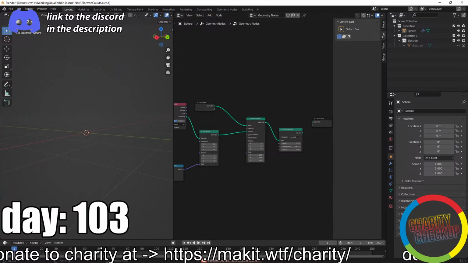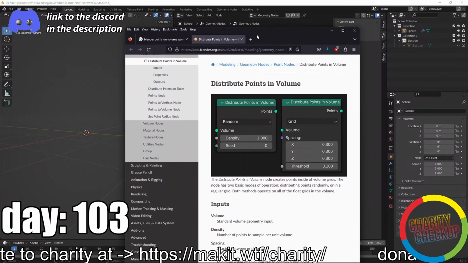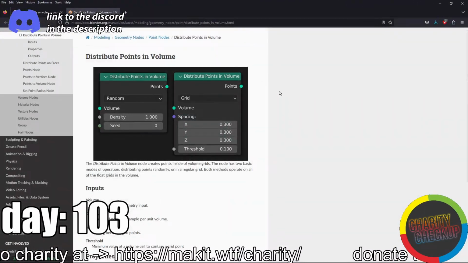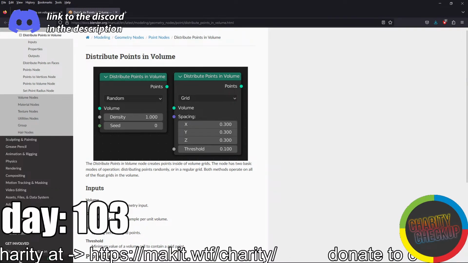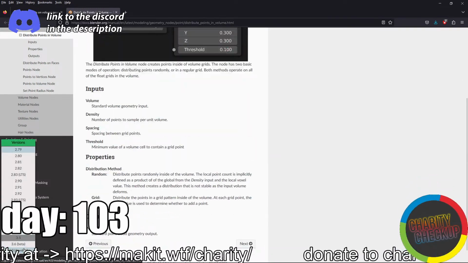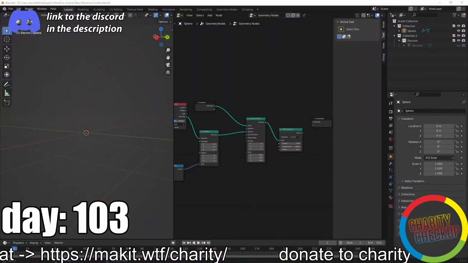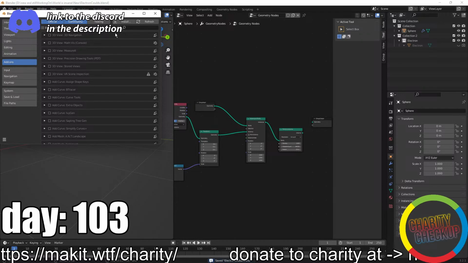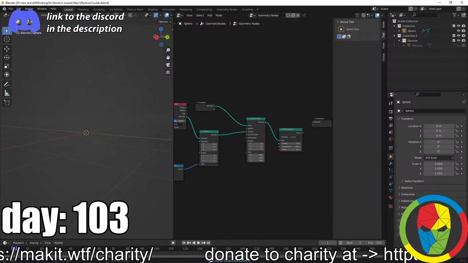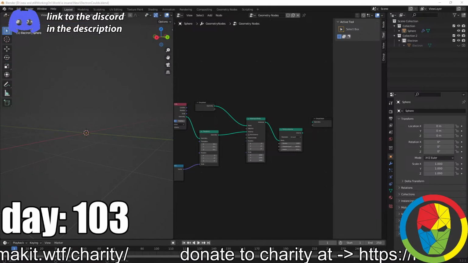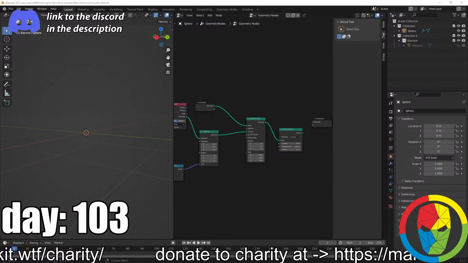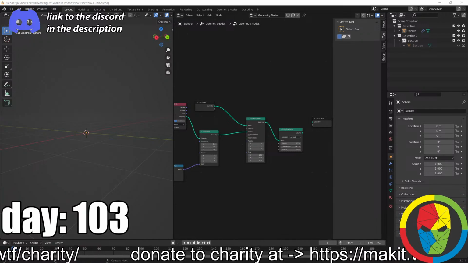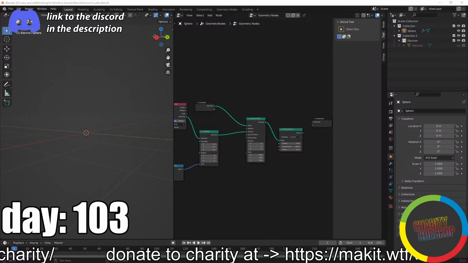This is not a real node. Unless I don't have the 3.1 Blender. Which Blender do I have? Blender 3.5. I might not. There is a possibility that I don't have Blender